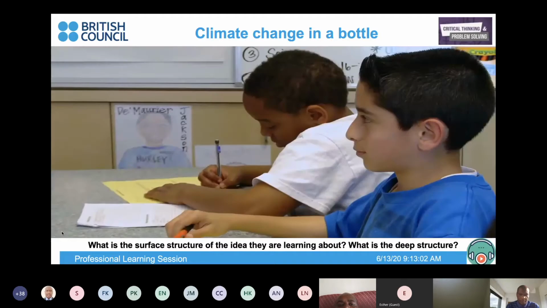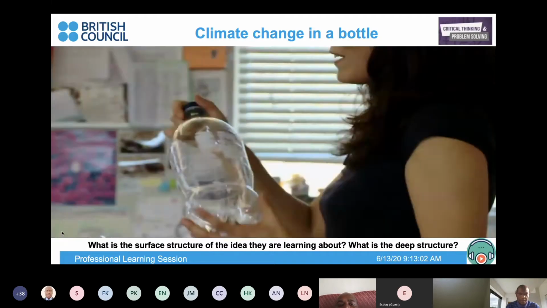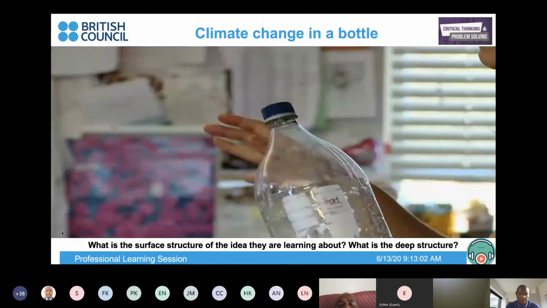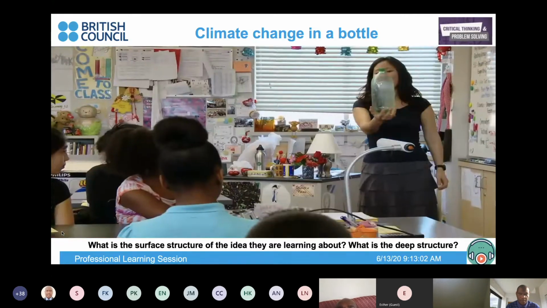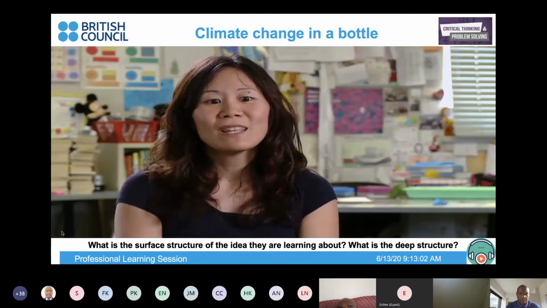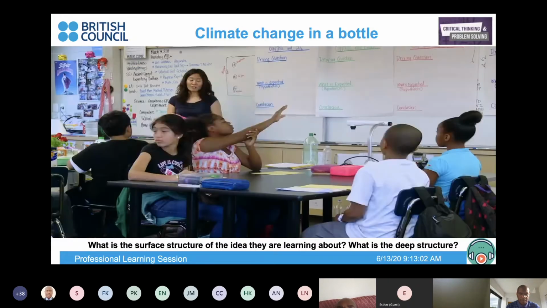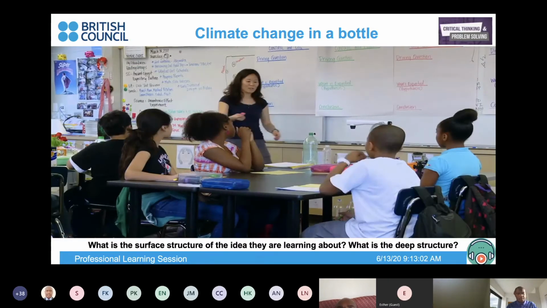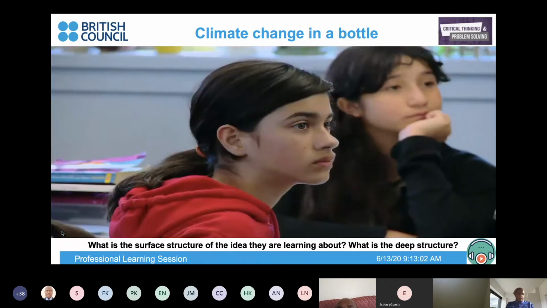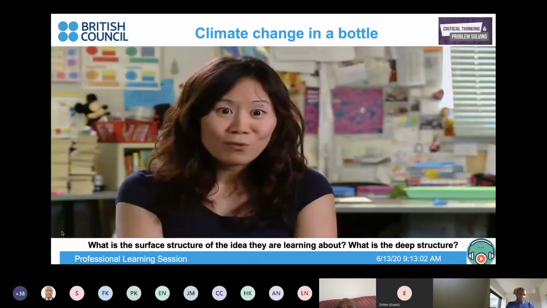So I wanted the students to have an experience, and so they designed the experiment themselves. All I did was show them a soda bottle, and I said, how can we recreate the Earth and its atmosphere in this model? I could test it out by doing something to this model. And then they told me what to add to it. So you guys said, why don't we add some carbon dioxide to one of the bottles? True? Okay. So they designed each of the 4 experiments.